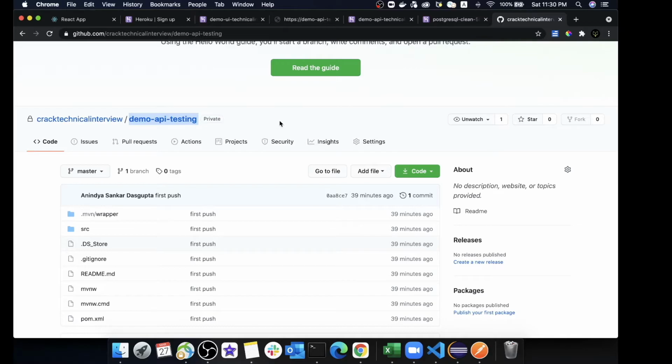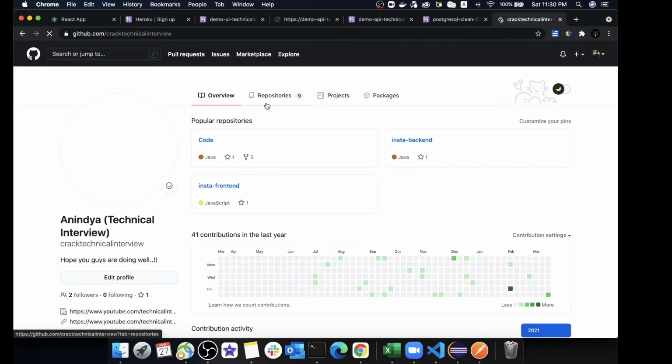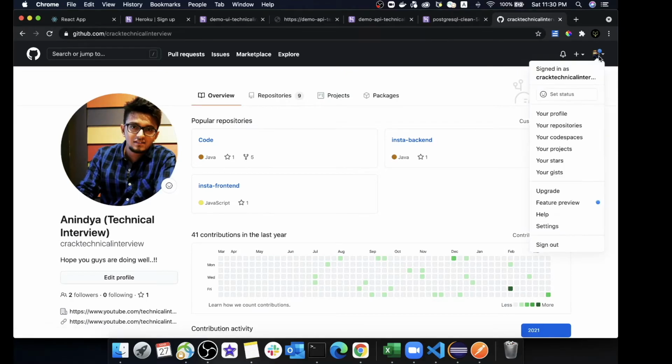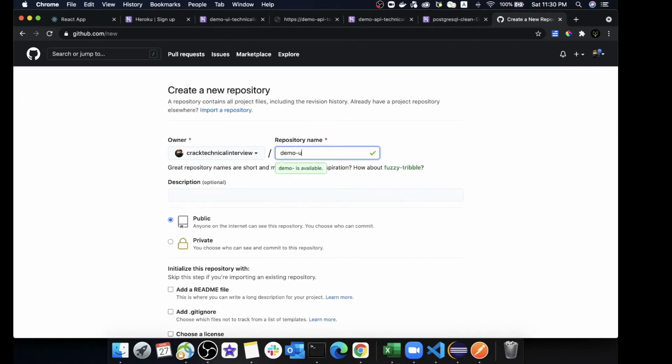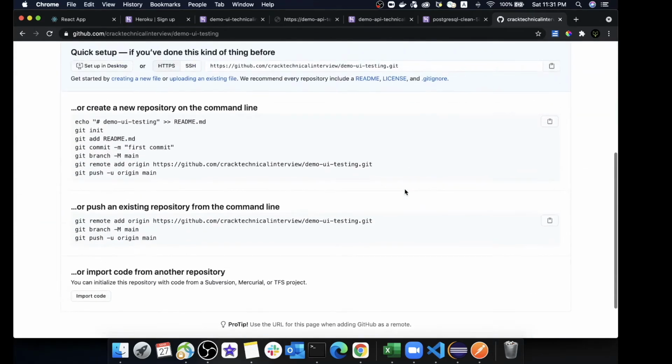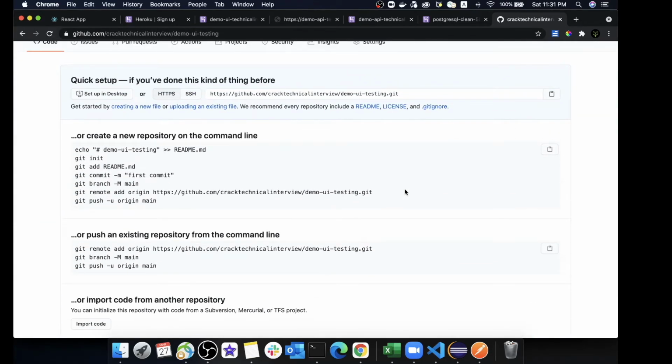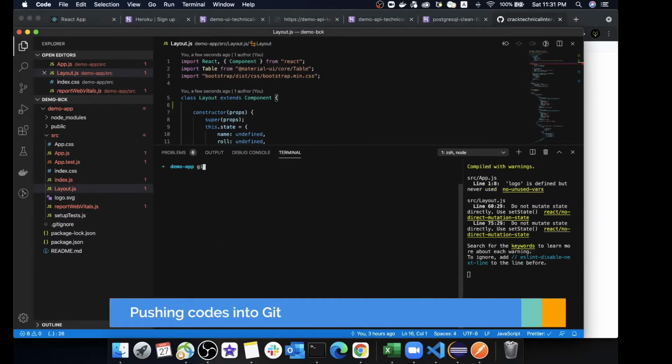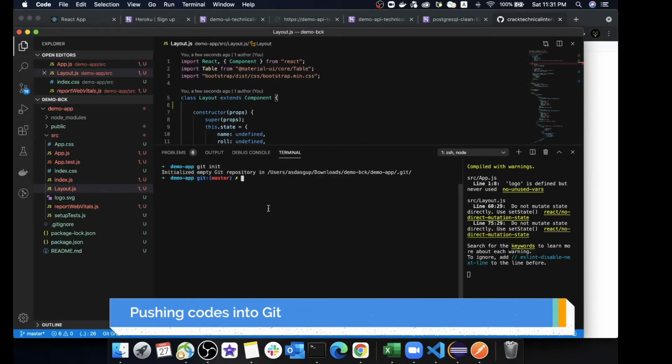First we will go to our GitHub, and over here we will create another repository called demo UI. Here also I will select private, and let's click on create repository. And thus we are done with creating our empty repo. Let's start committing the code into our Git. I have done a git init over here.